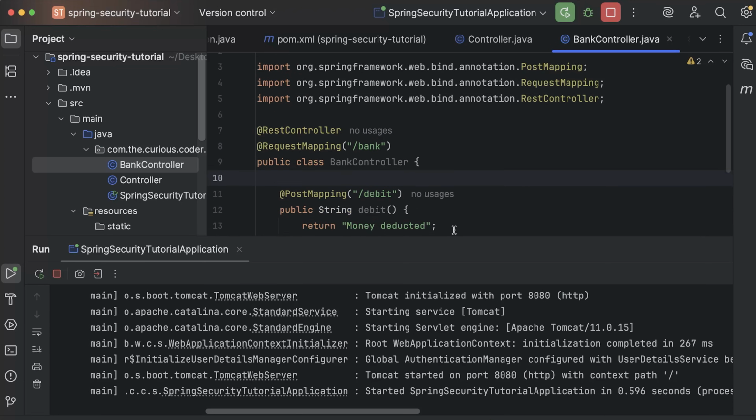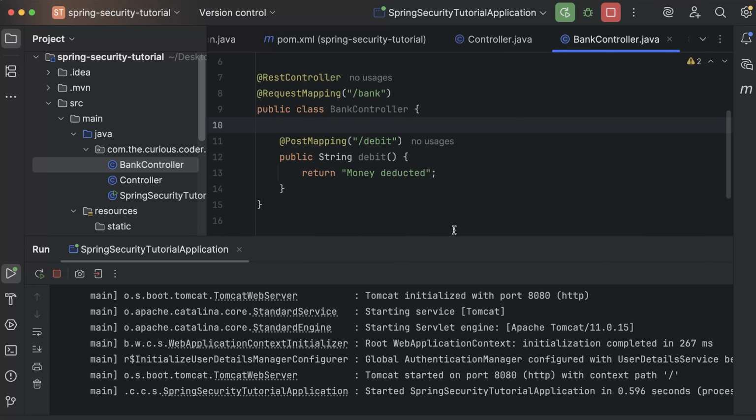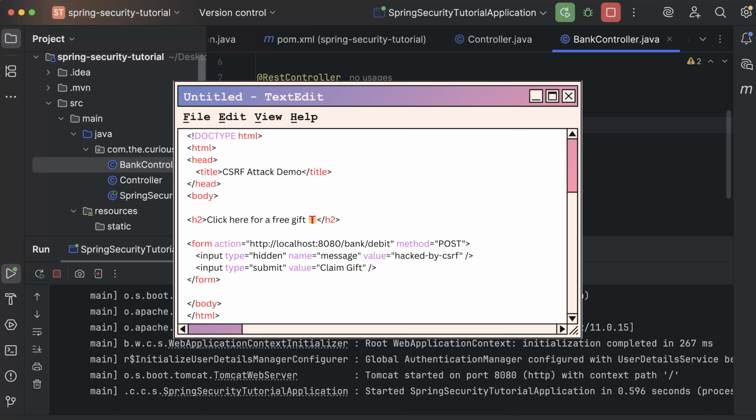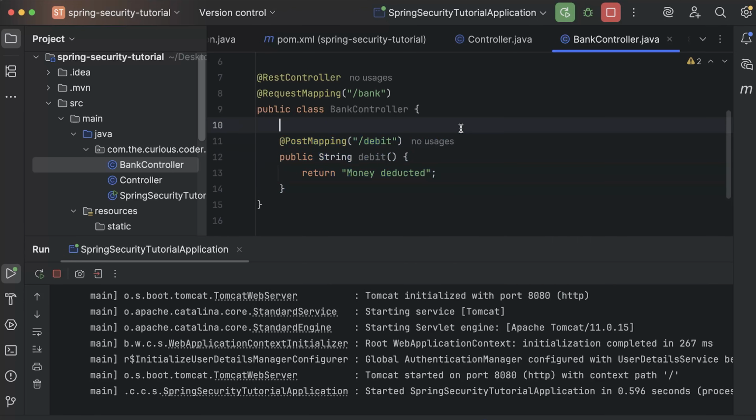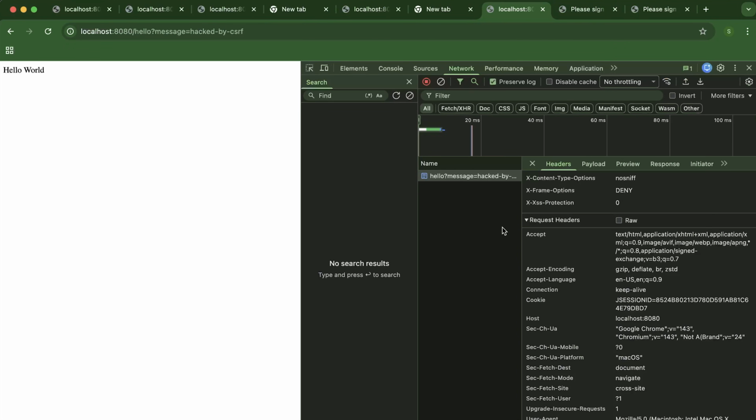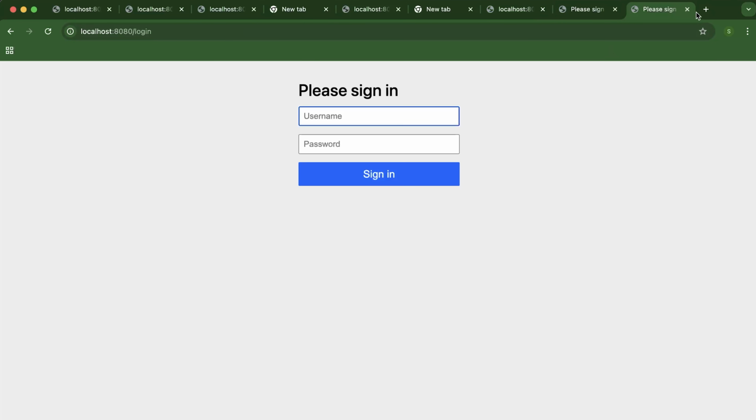Okay, so I'll make some changes in my HTML page. You can see that I've changed the API URL and I've changed the method to POST as well. Now when we trigger this HTML page, internally this API will be hit. Let me go to the browser and first log in again, thecuriouscoder1